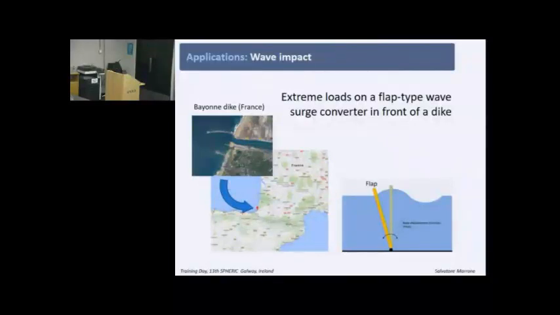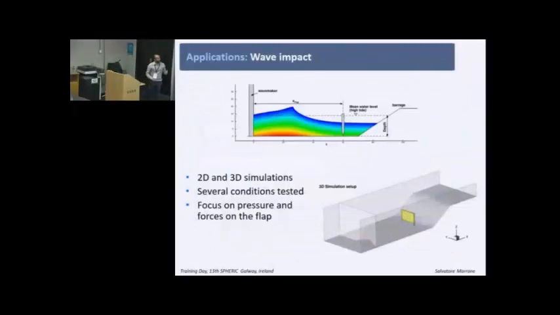We have an existing dike, and we want to study the possibility of putting a flap type energy converter in front of this dike. This is a place where we have large tide variations and a very extreme sea state. So the idea is to try to address which are the extreme loads on these